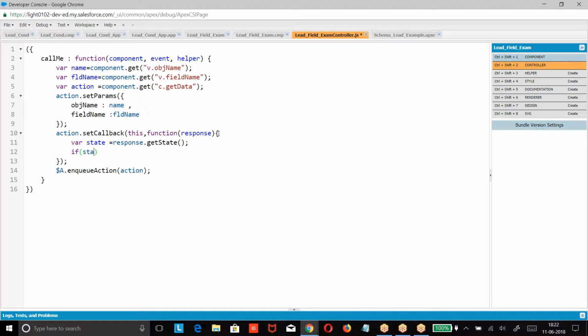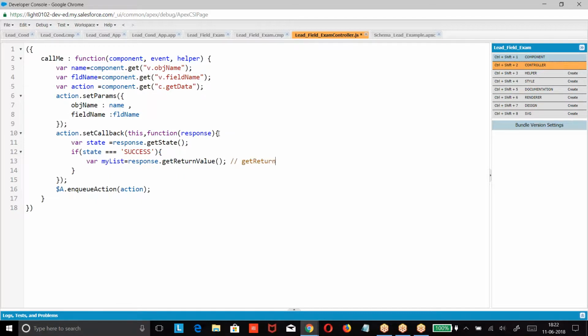I'm checking if state equal to success, then what should I do? Where my list equal to response dot get return value.